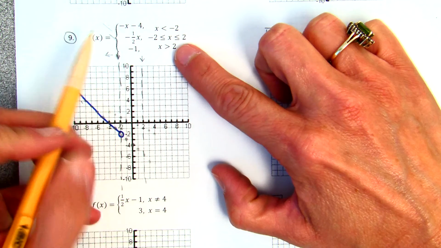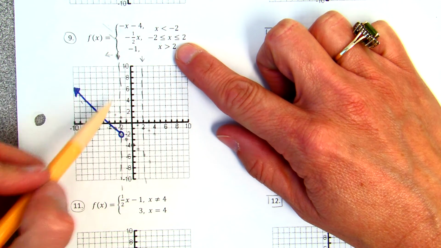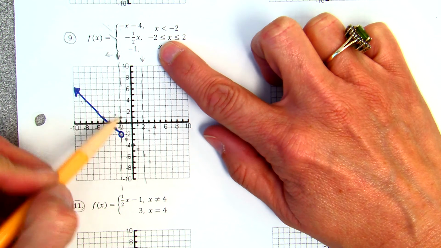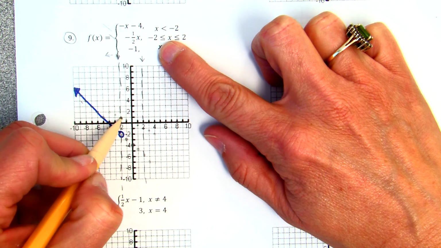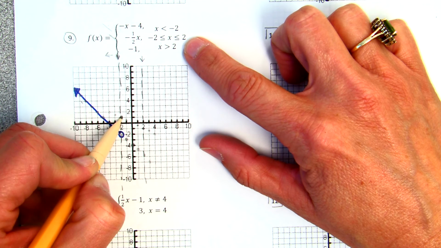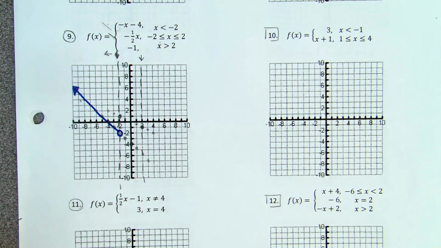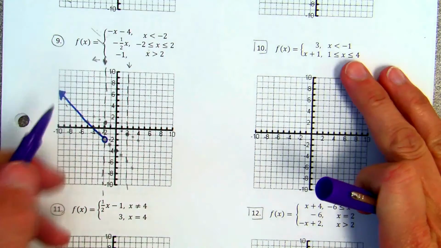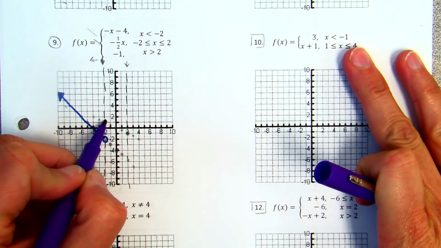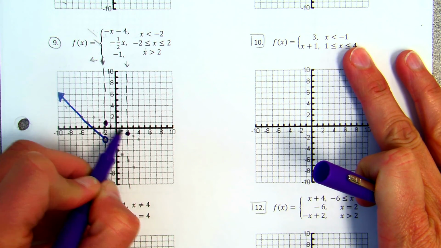Now when I look up here, on those intervals at x equals -2, I need a closed circle. So I'm going to color that in. And on x equals +2, it includes that point also, so I'm going to color that in. And then I'm going to connect my points. So I need a colored in circle on each end. And then I'm going to